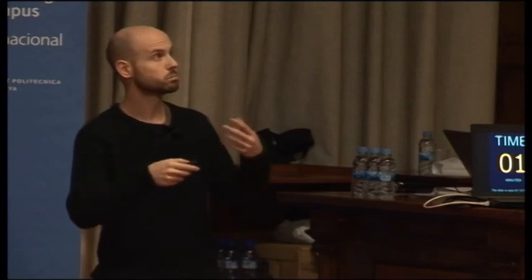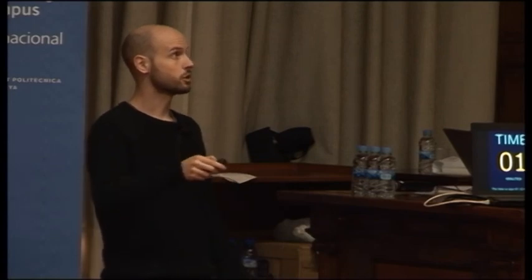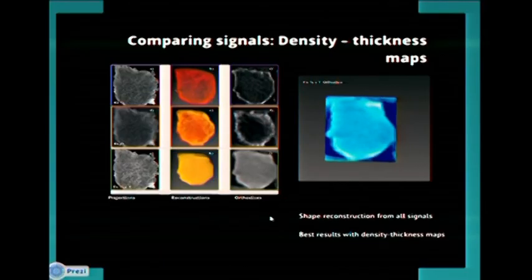So we reconstructed all of these samples, and we even combined some of these signals just to obtain this third signal combining